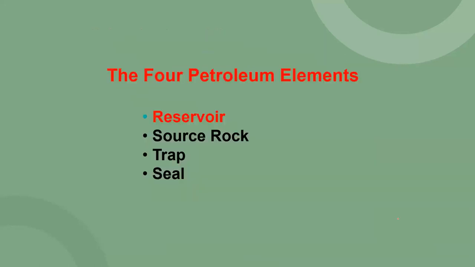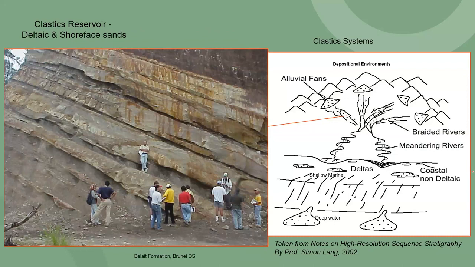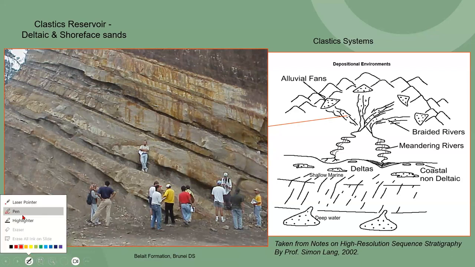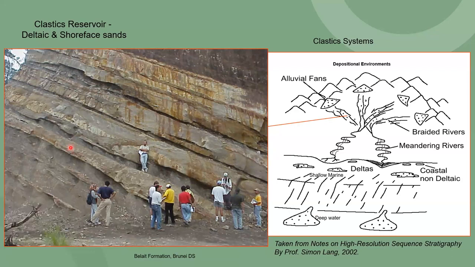So the first thing is the reservoir. Let's look at the reservoir. Normally the reservoir rock is a clastic reservoir. In the clastic environment, we have the deltaic and shoreface sand. Normally this type of reservoir rock is rich in hydrocarbon, as well as rich in fish and this type of distribution. This is one of the examples, which is actually from Brunei. This is one of the reservoir rocks, which is